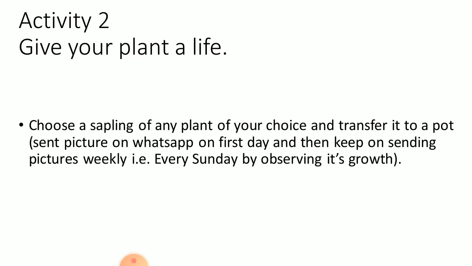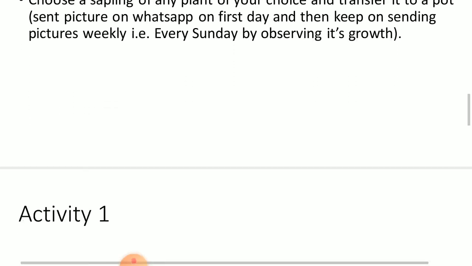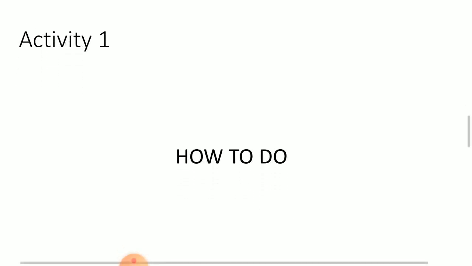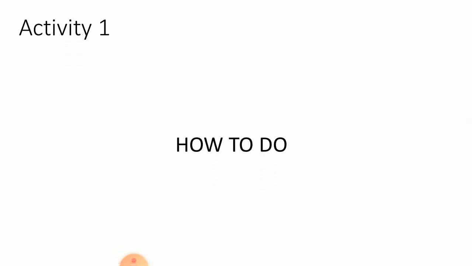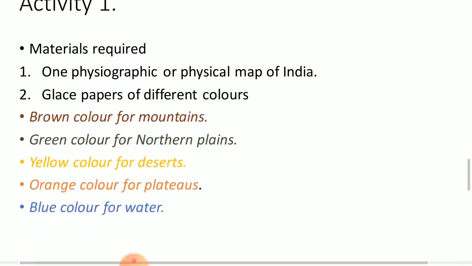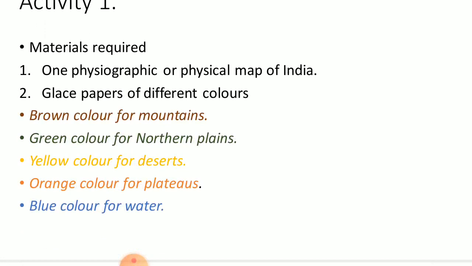Okay, so these are the two activities that you have to do at home. Now we will discuss activity first, that how you will do this activity at home. So in activity 1 the materials required are one physiographic or physical map of India, second is glaze papers